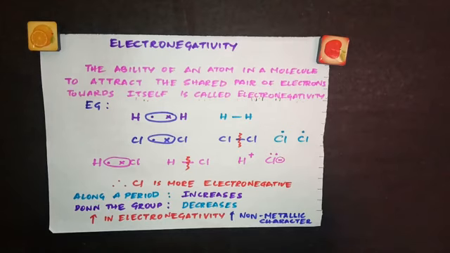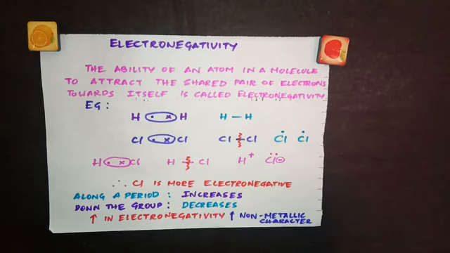He was an American scientist, Linus Pauling. In the year 1922, he arbitrarily assigned a value of 4.0 to fluorine, which means he assumed the value of electronegativity for fluorine to be 4.0, because fluorine is considered to be the most electronegative element in the periodic table. It has the greatest ability to attract electrons. So he gave an arbitrary value of 4.0 to fluorine. Based on fluorine's value, approximate values of electronegativity of a few other elements were given. So you have a table in your textbook, you can refer to that.